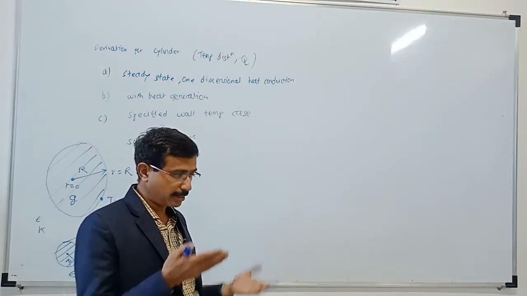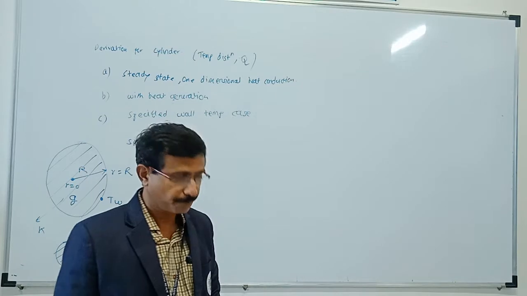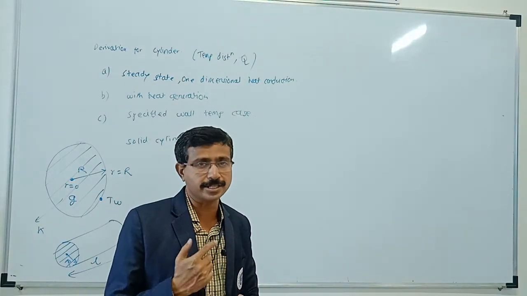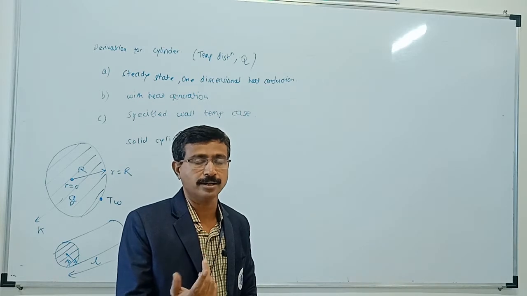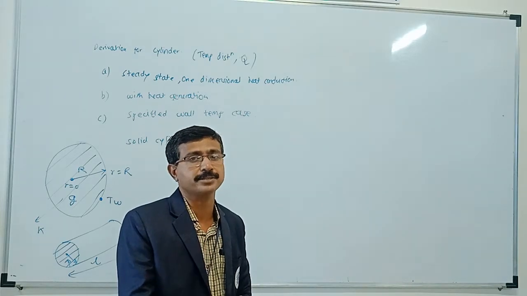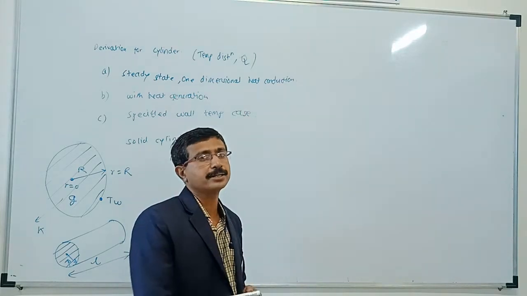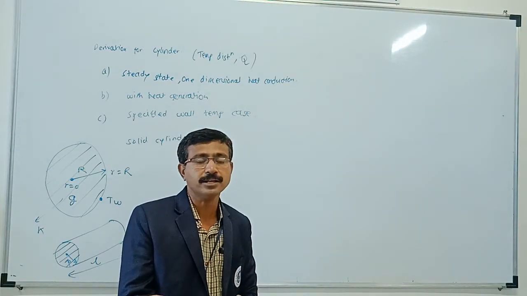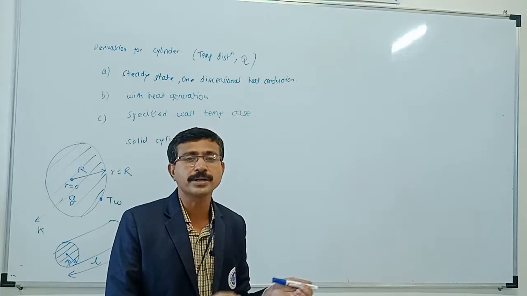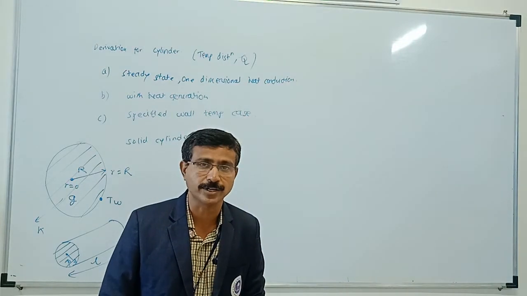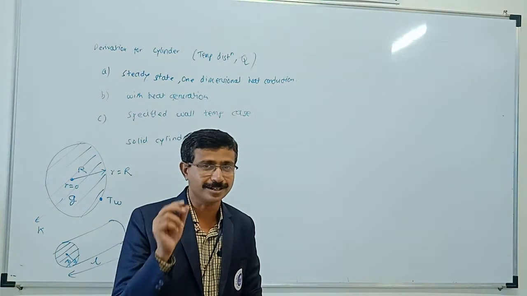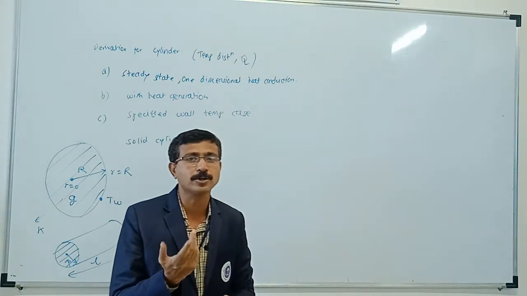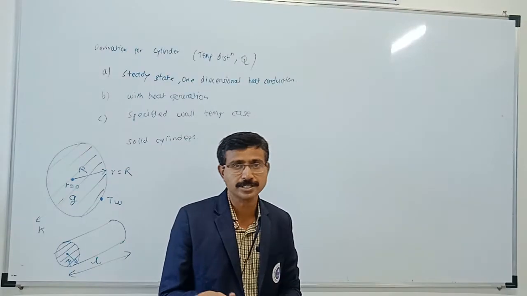Okay, because current carrying electrical conductors are always generating heat, because when the current flows across any resistance, copper, it is a conductive material, but it offers certain resistance for electricity. So because of that electrical resistance, the heat is generated. If that heat is not dissipated away, that copper winding or that copper conductor may burn because of excessive heating. So we have seen the concept of critical radius of insulation. We are fitting the insulation on a copper wire. Why? Because to resist the shock.